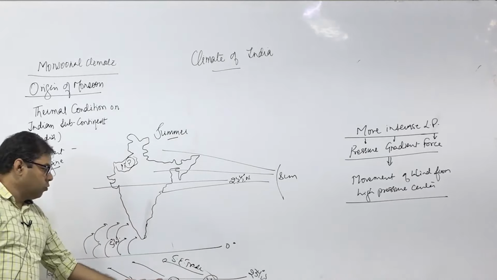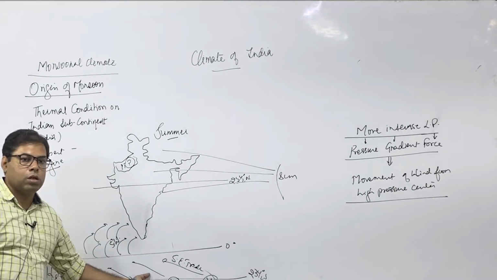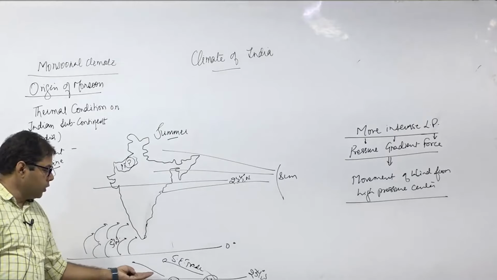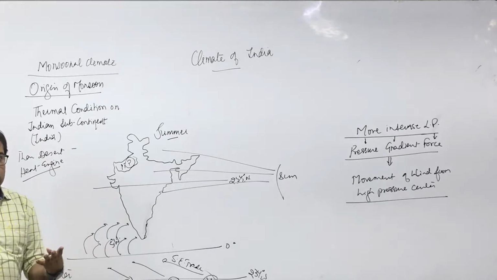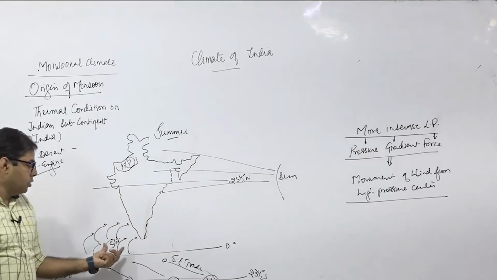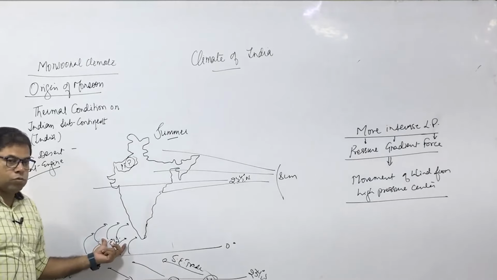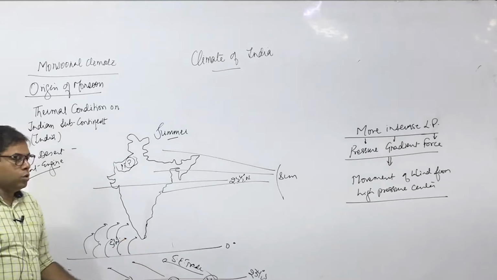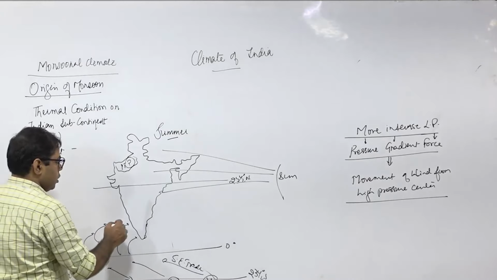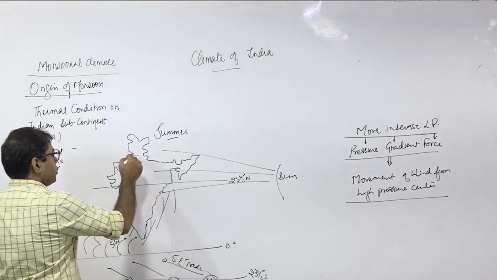Is the wind warm or cool? Cool? Is this wind warm or cool? Warm. So the wind is warm and blowing over the warm ocean, so it will absorb moisture. So these winds are moist, these are southwest winds, and they carry moisture. So what will happen here? This is reaching India. Where will it go? It has to reach here only.